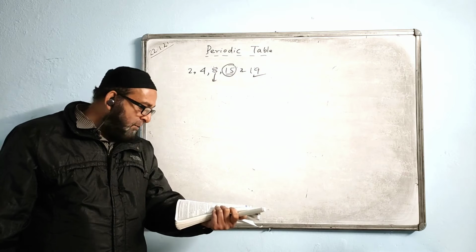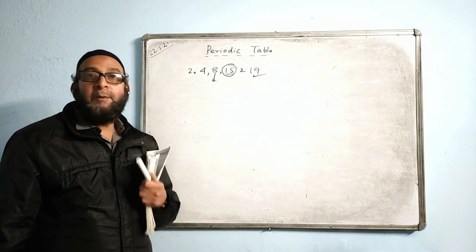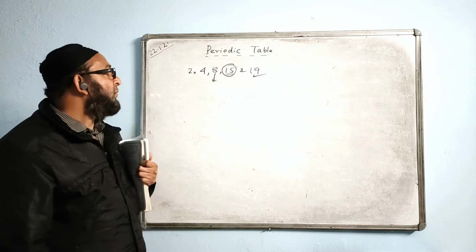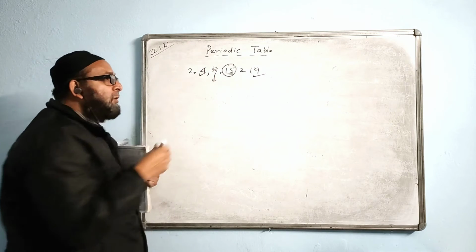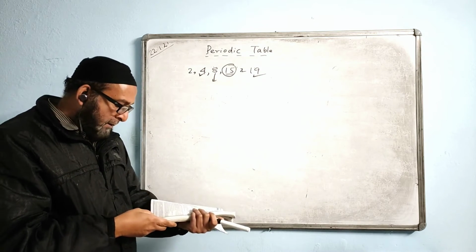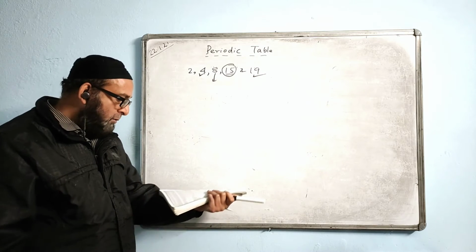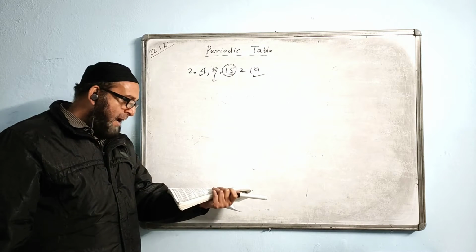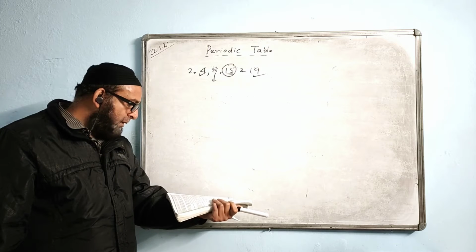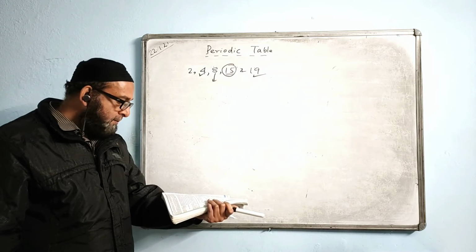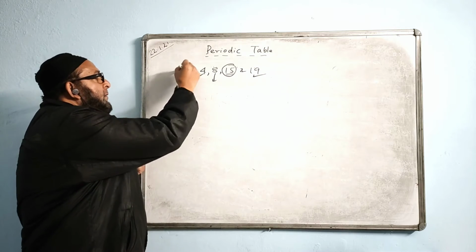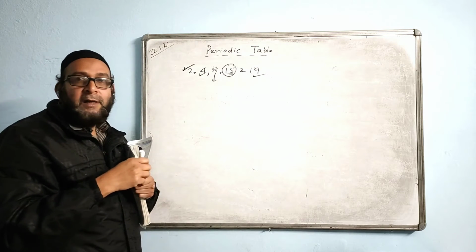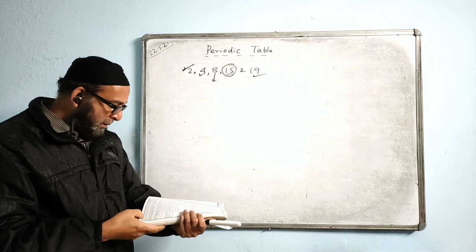Next they are saying an element belonging to group 2. Which one belongs to group 2? This one, number 4 is belonging to group 2. Last one, they are saying an element belonging to group 2, that is a rare gas. Which one is a rare gas? This one. Rare gas, that is helium. Done.